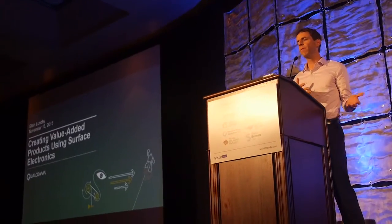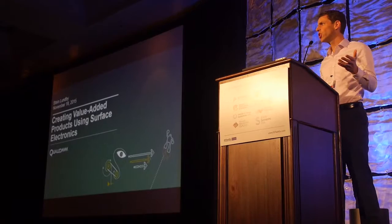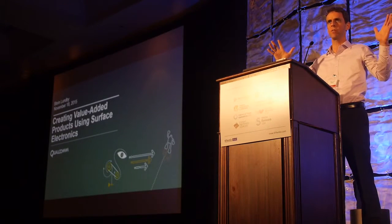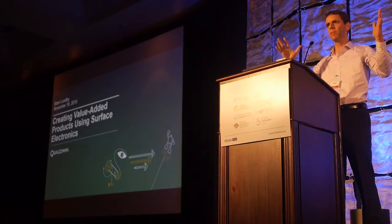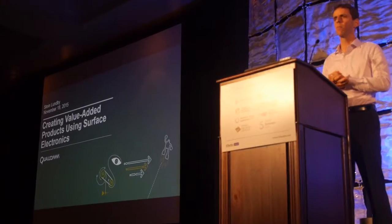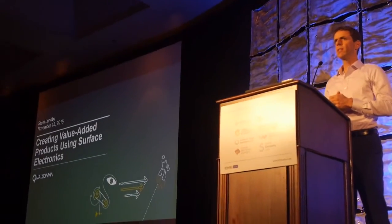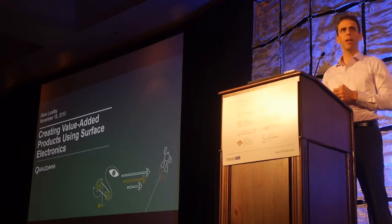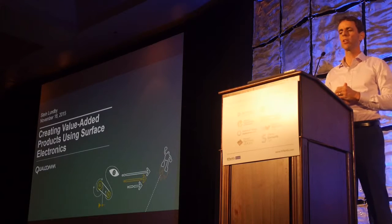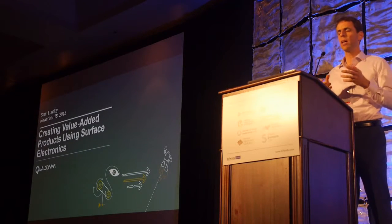Qualcomm has been involved in a form of surface electronics since about 2004. Originally we started off doing more specifically MEMS on very large sheets of glass, so systems of MEMS. And more recently we've started broadening out and actually looking at a variety of electronics. Typically what we've done is we've been working with industry players just like yourself, and we collaborate, we look at the technology, but also we've actually been doing a big focus on trying to understand the applications and try and